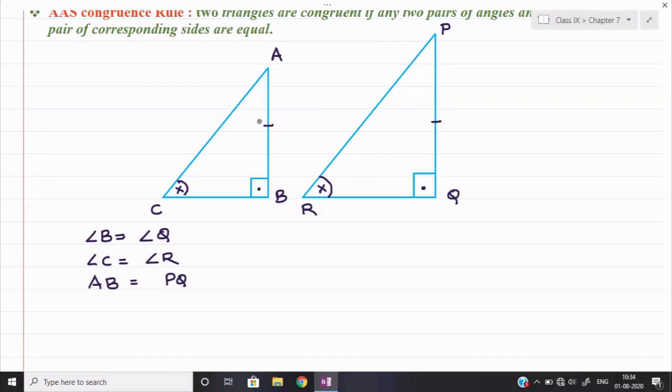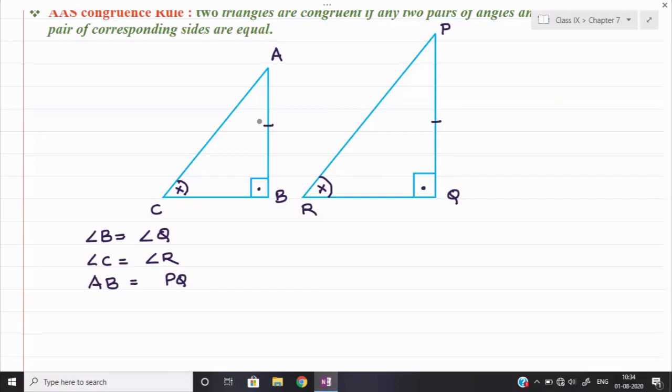Any two corresponding angle pair and any one corresponding side pair, if it is given equal to you, the triangles will be 100% congruent without looking a proper sequence. Only you have to say the name properly. If that corresponding side is the included one, you will say the theorem is applicable here, angle side angle, and if it is not an included one, we'll say it is by angle side.